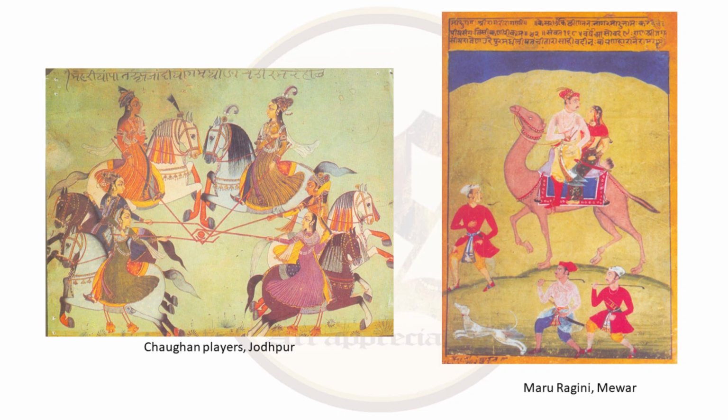Let us take quick examples from your syllabus. The first painting, Chaugan Players. The princesses look clearly different from their maids. Their dresses and their crowns are more elaborate. Even the use of space is such that they look dominating. Same goes for Maru Ragini from Mewar, the next painting. The royal couple looks different from the common people, that is their attendants. Even the study of the dog and the study of the camel are rendered very carefully. So this all is Roop Bhed.